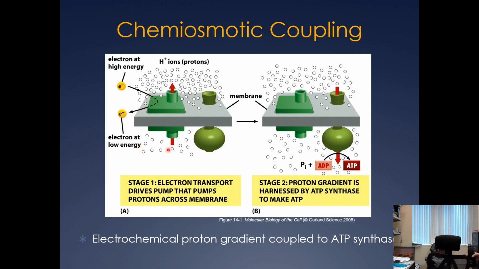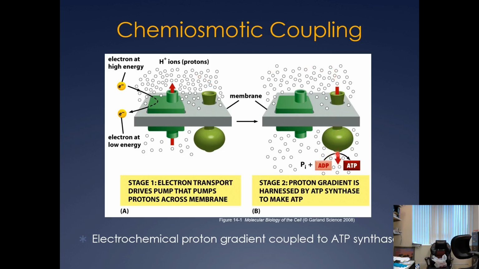In the process, this pumps protons into the intermitochondrial space. And then you have your ATP synthetase, and the protons can flow down through the ATP synthetase,